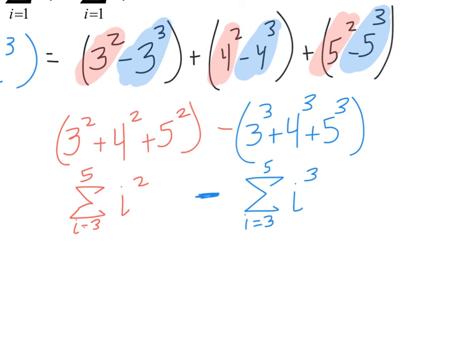What exists inside those parentheses is the summation of i squared from 3 to 5. And on the right, the summation of i cubed from 3 to 5,